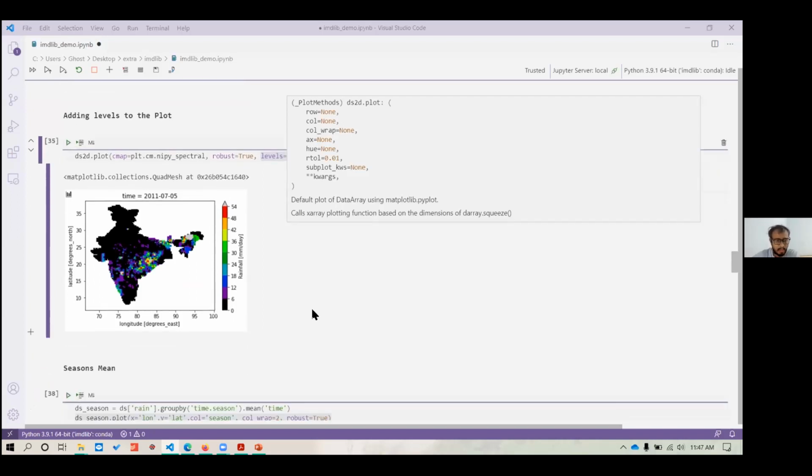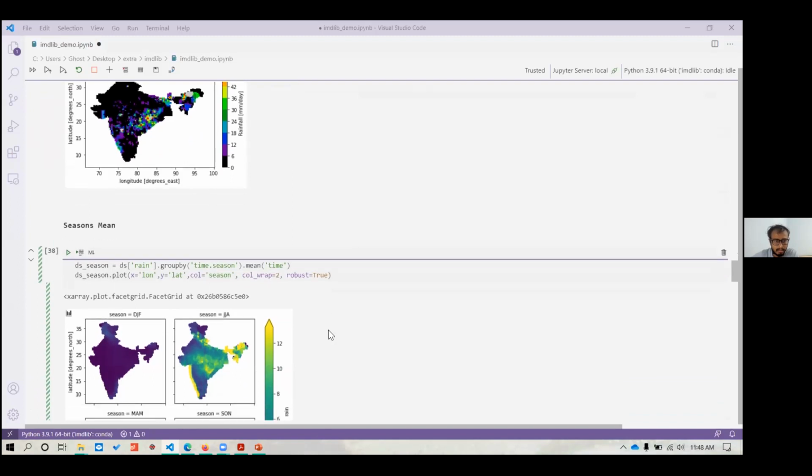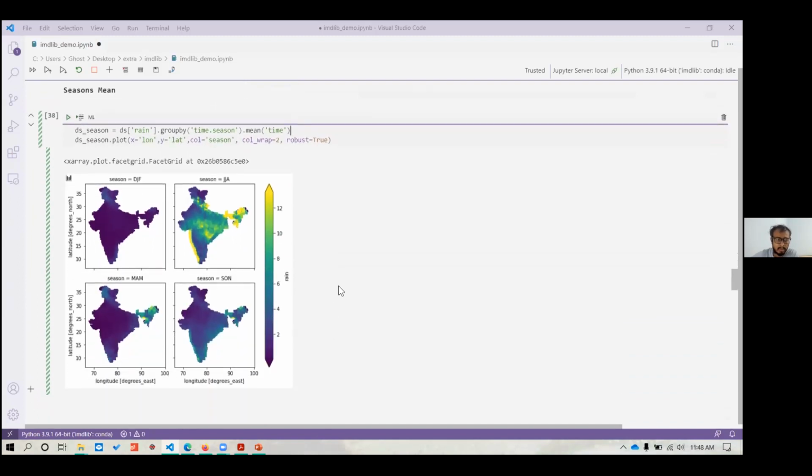Suppose for a seasonal mean, what was the rainfall value for different seasons? Seasons are already defined in Xarray, that is DJF, JJA, MAM, and SON, September, October, November. Here we have provided mean as time. Here time is our daily, so these are the daily rainfall values, the daily mean value for the